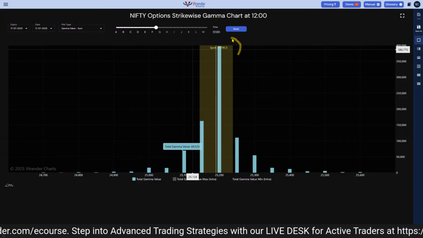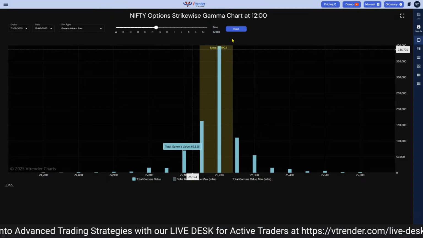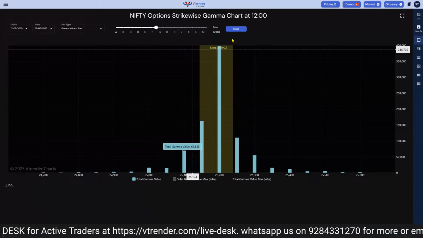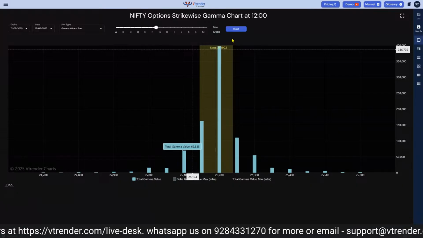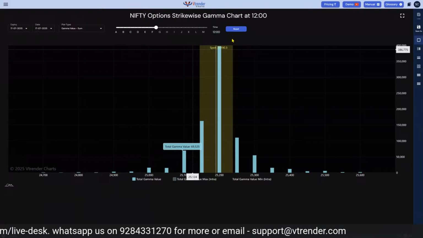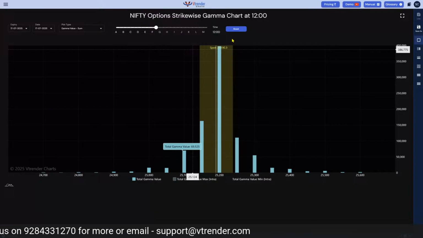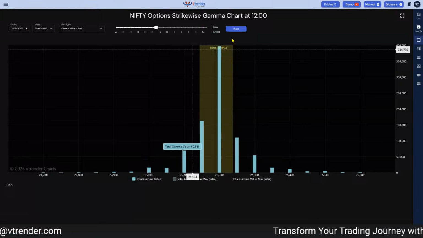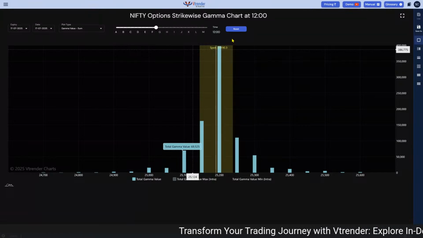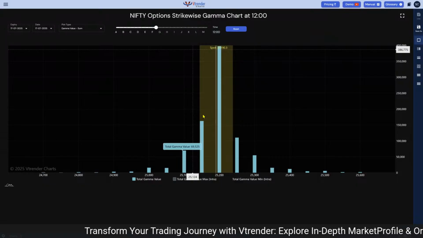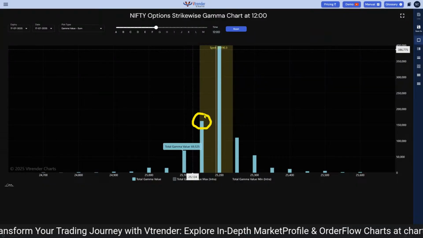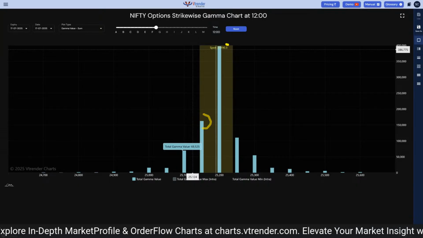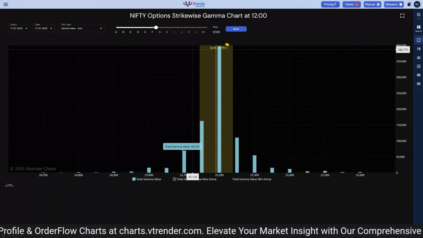Other people come in, they build positions. Other institutions can come, they build positions, and not all those positions could be for the settlement dated 17th of July. Some of those positions could be for next week. Some other institution may suddenly start looking at the next expiry as a movement downwards, so it will pick up positions in the next week contract, or somebody will pick up a large option position in the August contract. So people keep adjusting, people keep making changes, and existing positions also are booked. And that's why it's very, very critical, when the market is open, that you do not rely on yesterday's data.